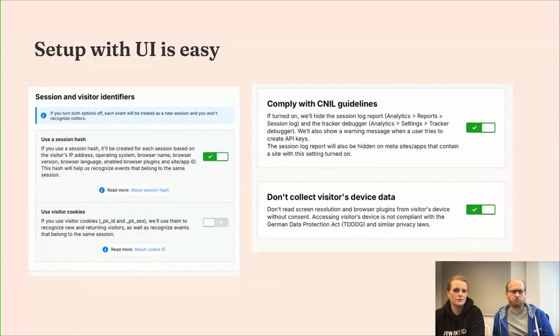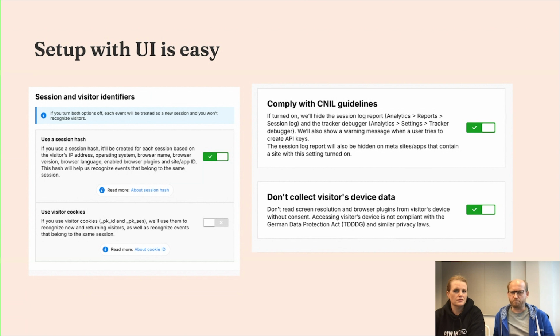Staying practical, setting up anonymous tracking with Piwik PRO was quite easy. It can be done with the user interface. We just set up, for example, the option to use session hash. We turn off visitor cookies.